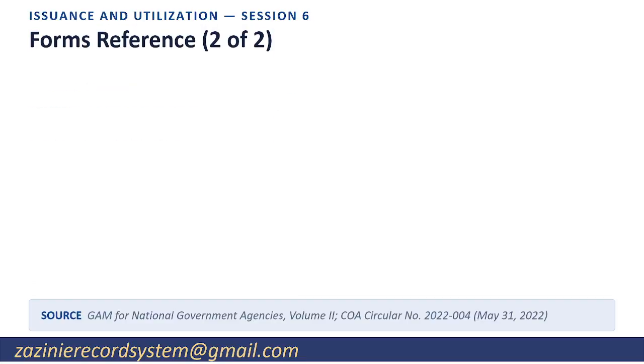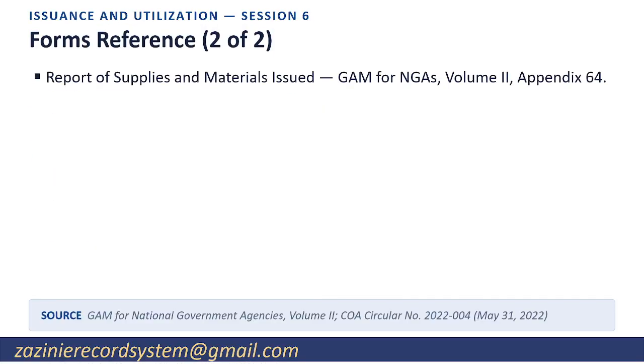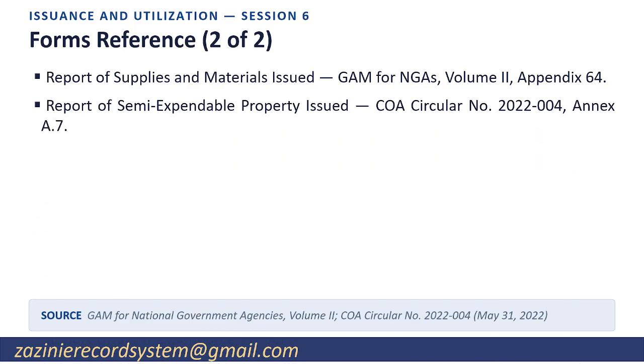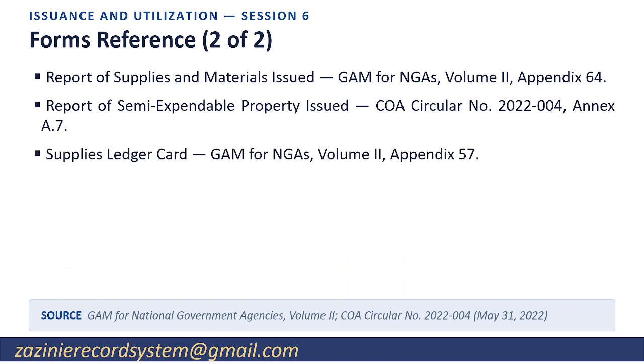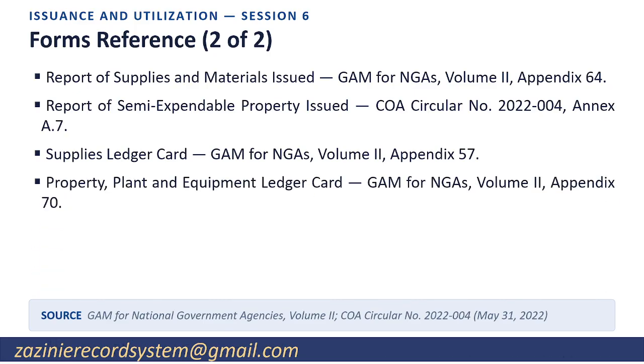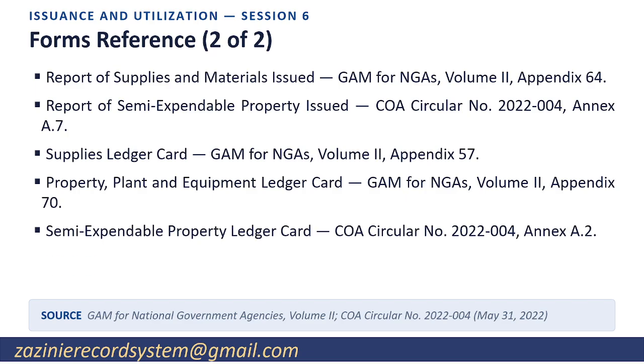Forms reference, 2 of 2. Report of supplies and materials issued, GAM for NGAs, Volume 2, Appendix 64. Report of semi-expendable property issued, Commission on Audit Circular Number 2022-004, Annex A.7. Supplies Ledger Card, GAM for NGAs, Volume 2, Appendix 57. Property, Plant and Equipment Ledger Card, GAM for NGAs, Volume 2, Appendix 70. Semi-expendable property ledger card, Commission on Audit Circular Number